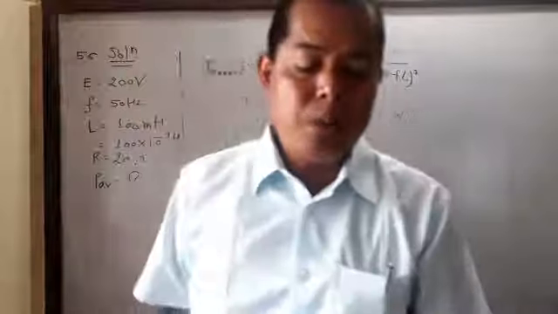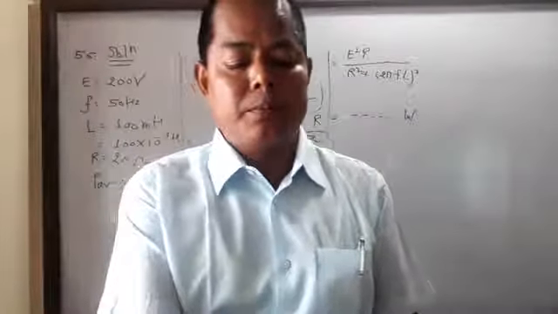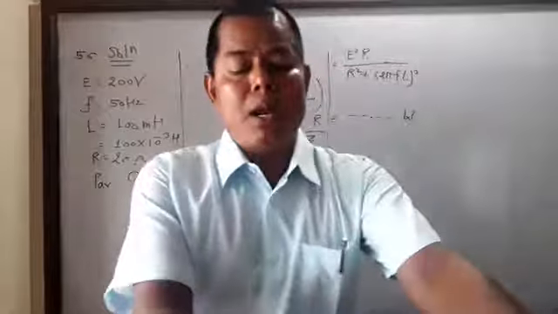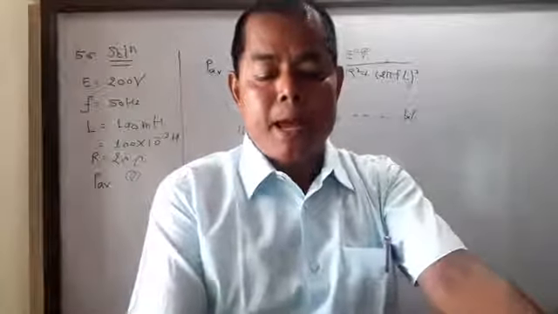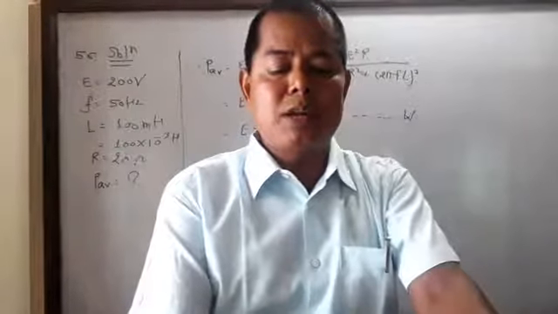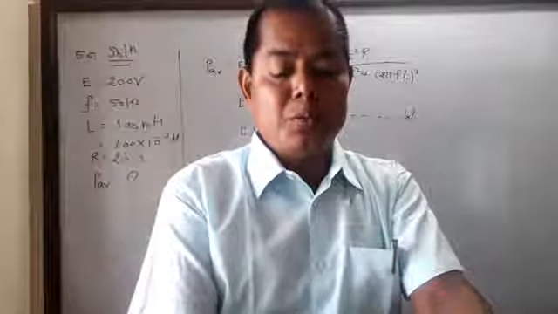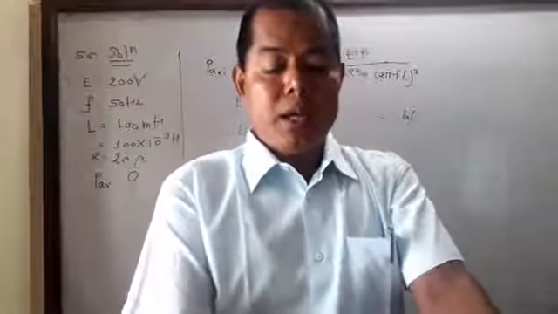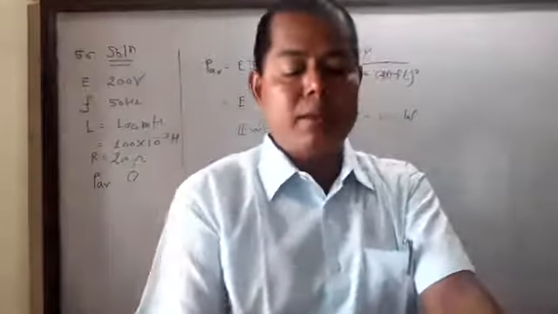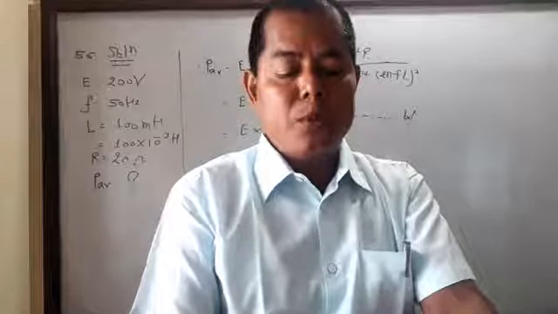Now question number 57. An iron core coil of inductance 2 Henry and 50 ohm resistance is placed in series with a resistor of resistance 450 ohm, and an AC supply whose voltage is 200 and frequency is 50 hertz is connected across the arrangement. The question asks: find the current in the circuit, the phase angle between voltage and current, and the voltage across the coil.